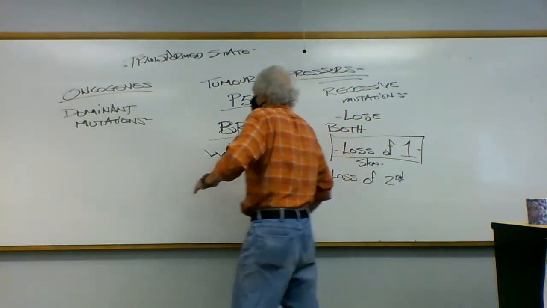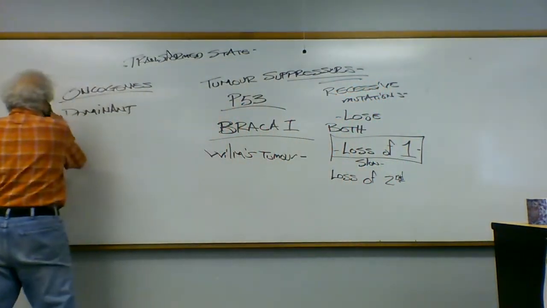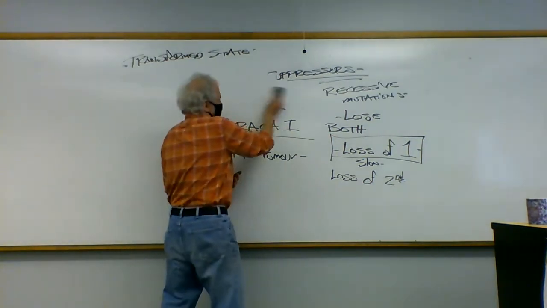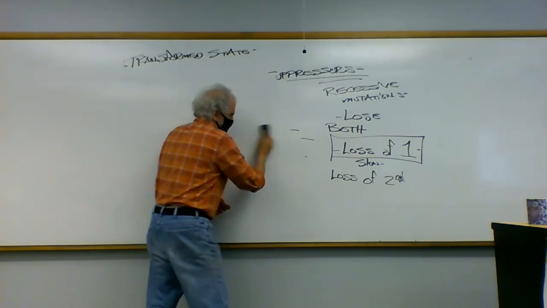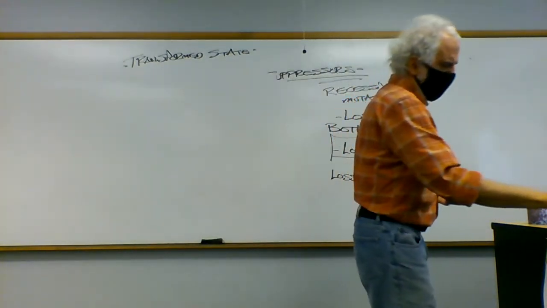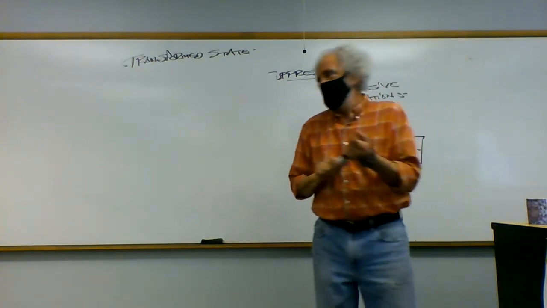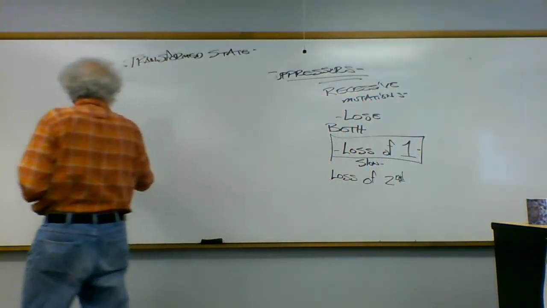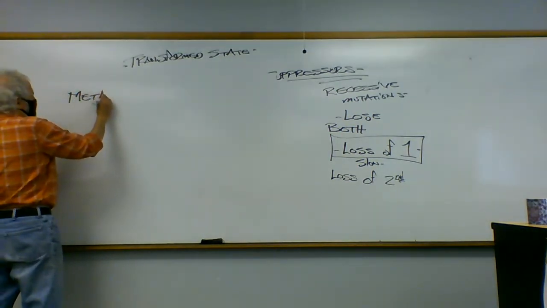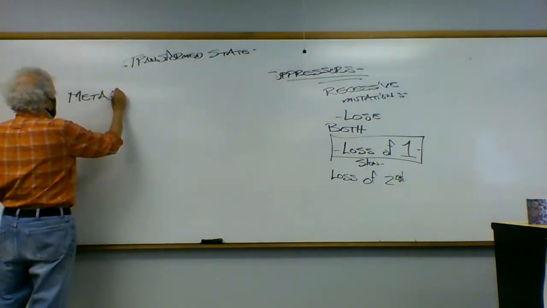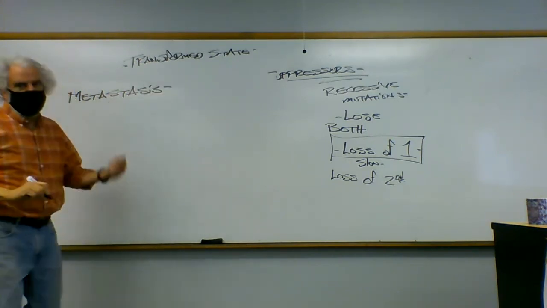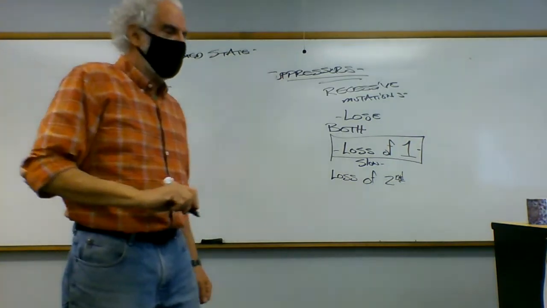Now, we can tie this back in to the extracellular matrix discussion, in that as tumors continue to develop, they can undergo a phenomenon known as metastasis. This is what's known as a metastatic tumor. That's a pretty nasty thing.